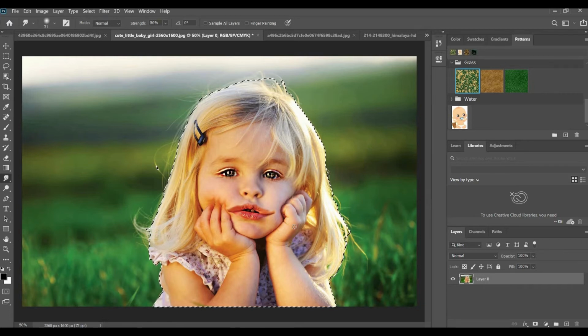I have increased this. By using this tool, we can increase the body mass. So this is the use of the smudge tool.